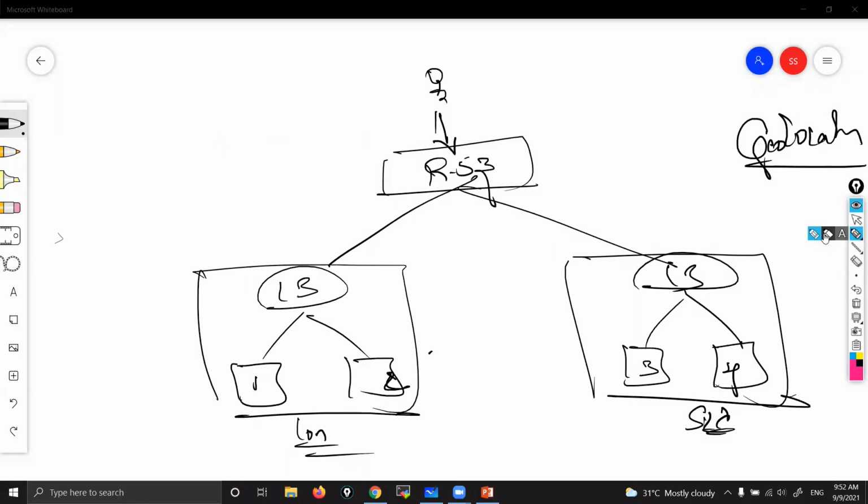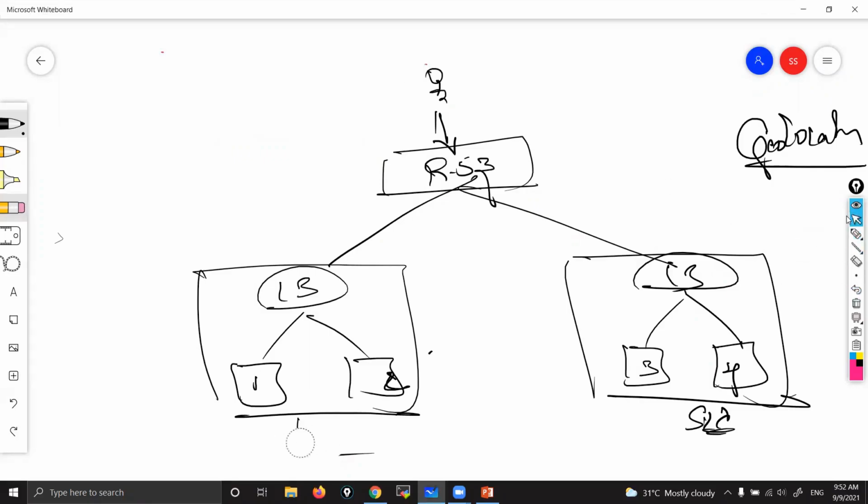Correct? So same thing. What I want, if a customer is from, let me take two regions. One is Mumbai, and one is US, California.